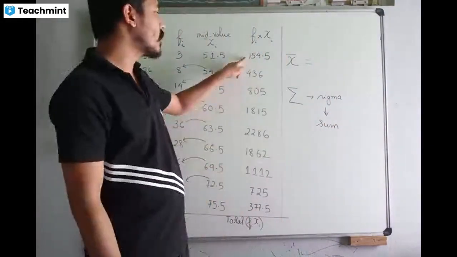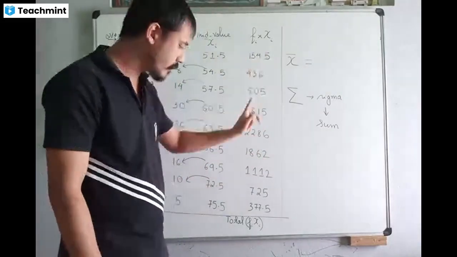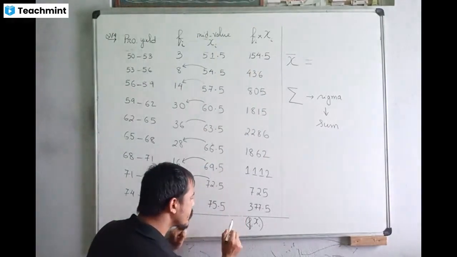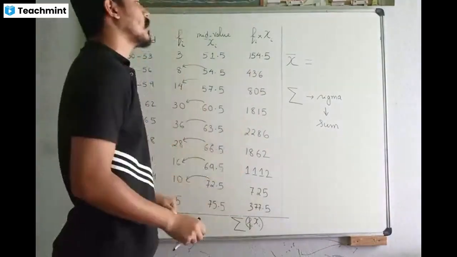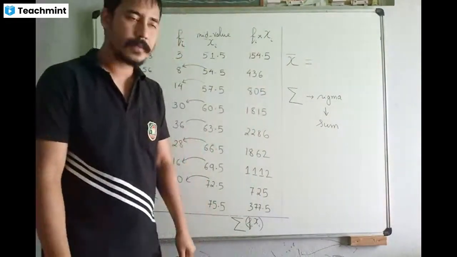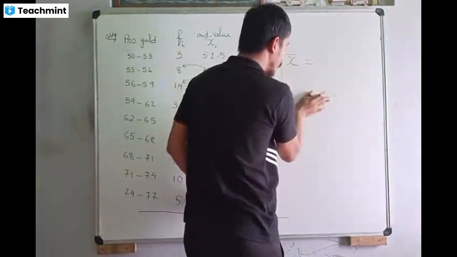Here we are summing up the values of Fi xi. So instead of writing total, it's best if you write sigma. Sigma Fi xi means summing up the values of Fi xi. So your mean is equal to